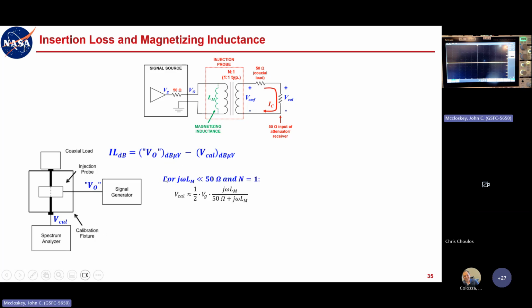And so at very low frequencies, the physical loss of the injection probe is going to be dominated by this magnetizing inductance. If you take an ideal transformer and throw this magnetizing inductance across the primary, that gives you a reasonably accurate model of the behavior of the system. And so at low frequencies, when this magnetizing inductance is much less than 50 ohms,